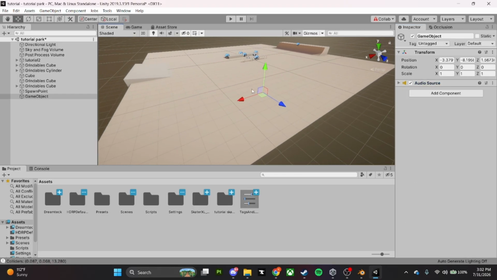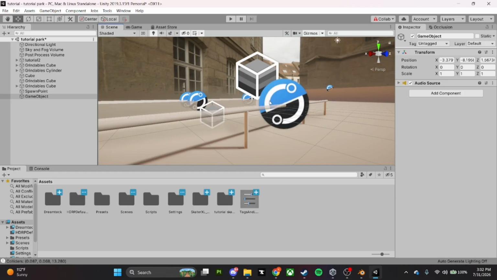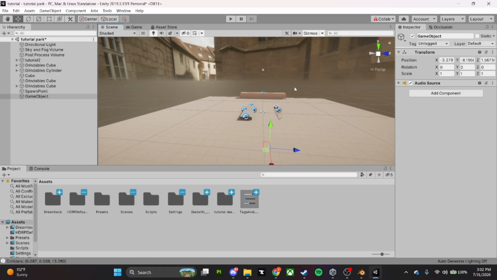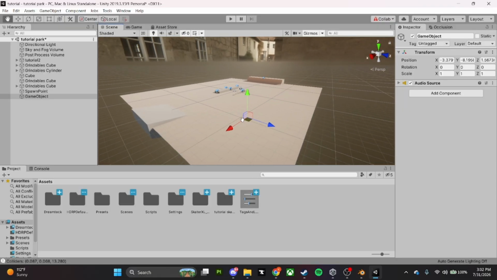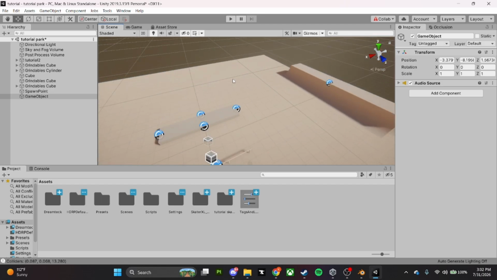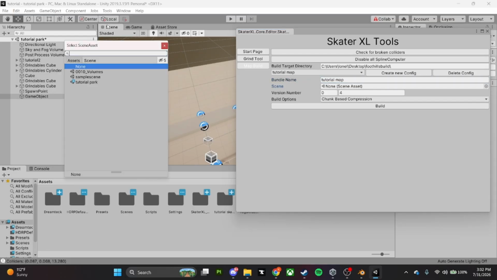Everything else regarding map stuff is user preference and how they choose to build it. But for the most part, our next step is just bundling this and testing to see if our grinds work. And all we will have to do for that is come up here, press tools. Now that we saved our scene, we'll name this. Come down here and select your scene,